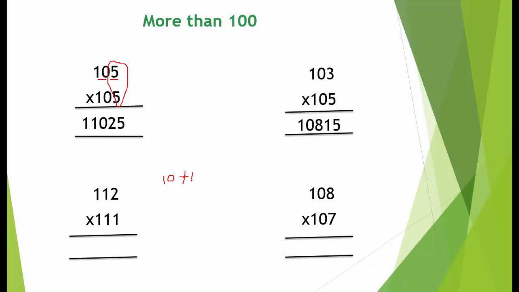12 into 10, that is 120, plus 12, that is 132. So we will write 32 here, and then add the 1 as a remainder. 12432 will be the answer. Now this 8 7s are 56, and 8 7s 15. So 11556.